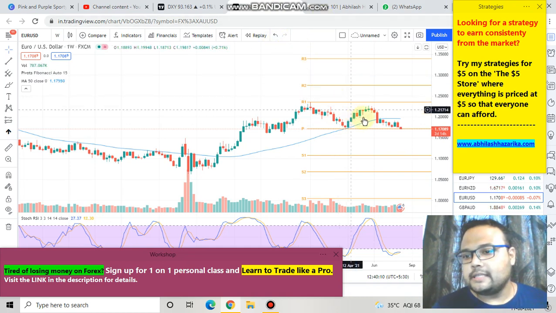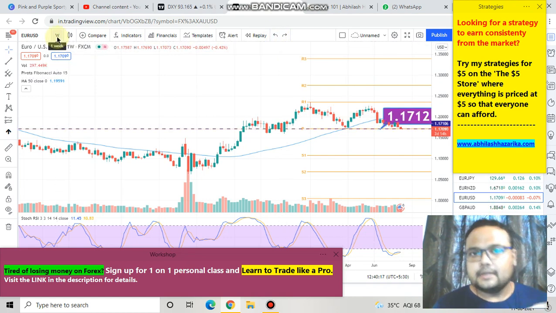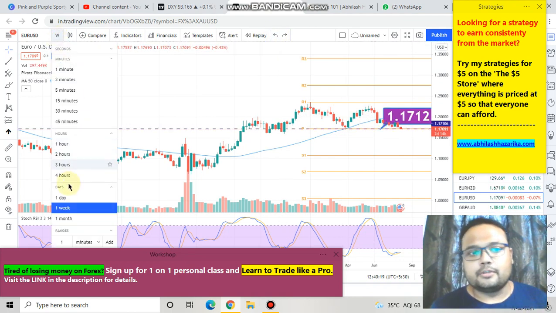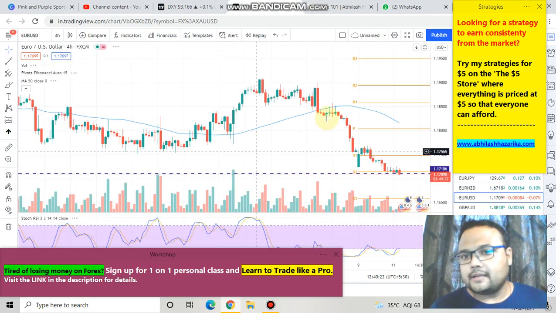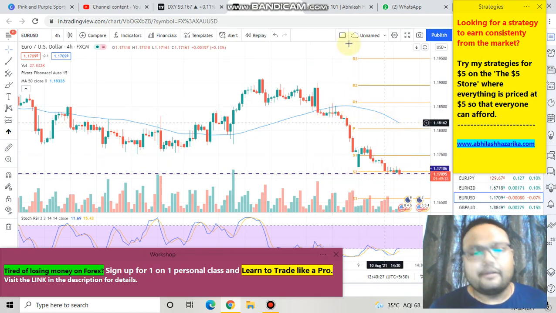But right now you can see that the market has formed a red candle, so this is not the ideal time. This is not the ideal time right now, but still the market is in a very critical position. The market is in the best position to trade right now. But as you can see, the selling pressure is extremely high here. Therefore, we'll have to wait for some time.